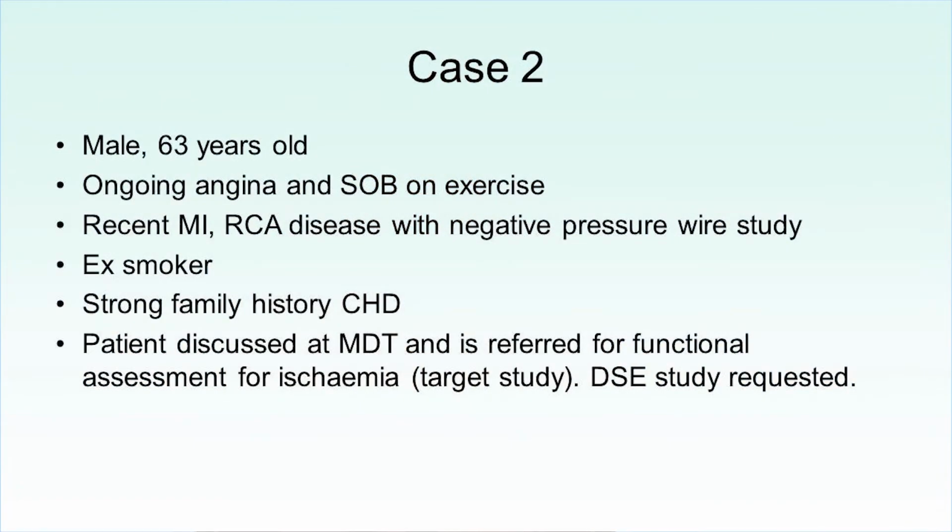So going to case 2, 63-year-old male, ongoing chest pain, very short of breath on exercise, had a recent MI. When we look at the angiogram, in a moment I'll show the angiogram, it showed RCA disease, moderate disease. The consultant carried out a pressure wire study, which was negative. Ex-smoker, family history as listed there, he's got some coronary heart disease. And they suggested that they wanted to do a target study to just focus on